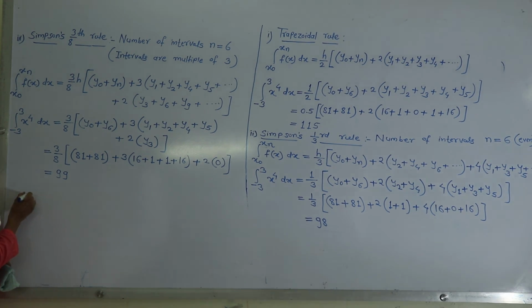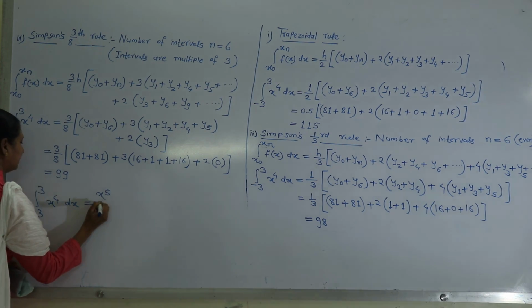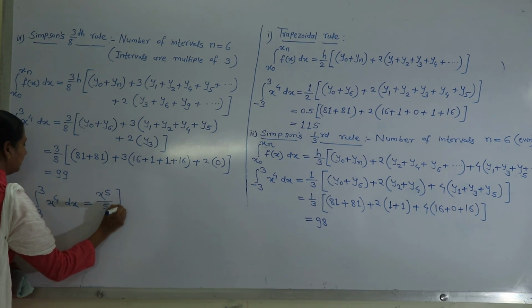Now we can check this answer by using our regular integration. Suppose the integration from minus 3 to plus 3 of x raised to 4 dx. We can solve it by the usual method. Integration of x raised to 4 is x raised to 5 upon 5, from